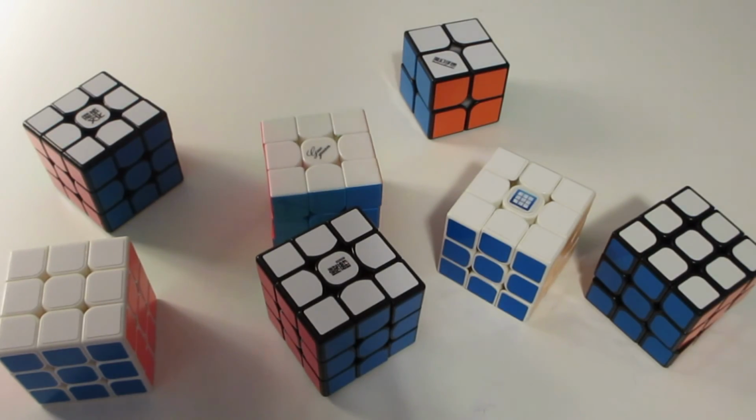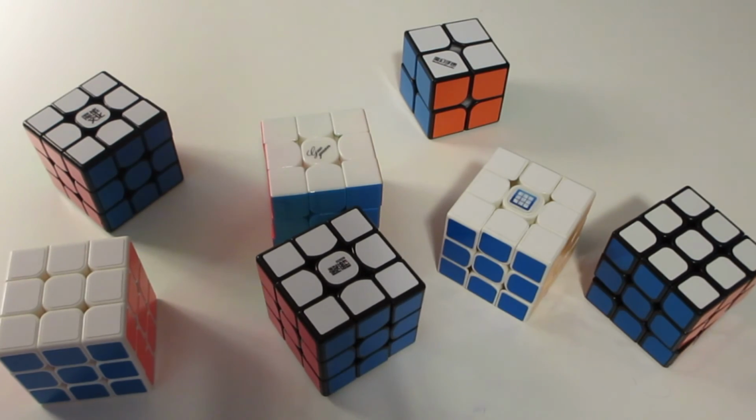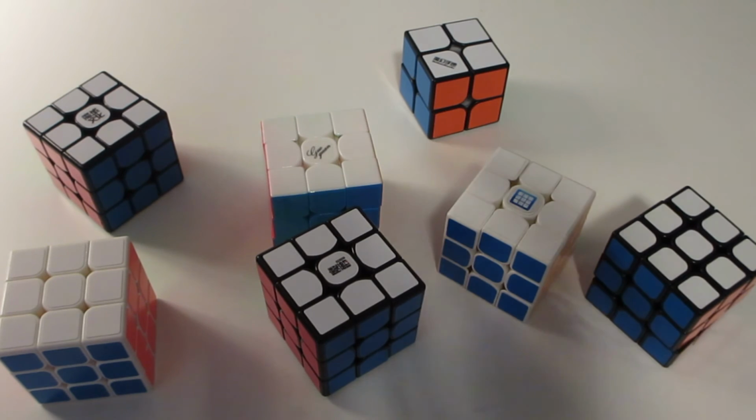So, Moyu has made many different 3x3s and many other cubes like 6x6s, but lately there's been a lot of sub-brands and different names of cubes that apparently are still made by Moyu but don't have Moyu in the name, and there's a bunch of weird stuff going on, so I'm here to clear up that confusion. As of now, which is April 2017,